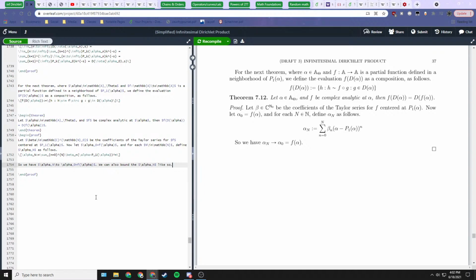So we have the absolute value of alpha sub capital N is bounded by this whole summation, and we can just do absolute value of beta sub n, because beta are complex numbers, and then absolute value of alpha minus p1 alpha to the power n, which is then in turn bounded by, if we just take capital N to infinity,